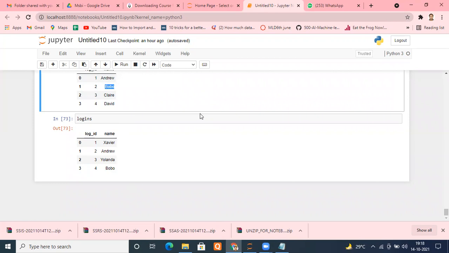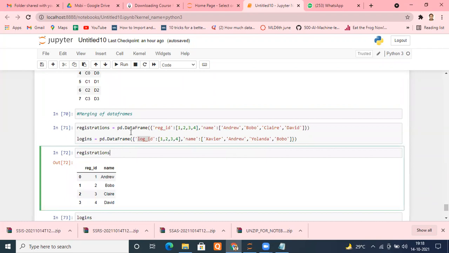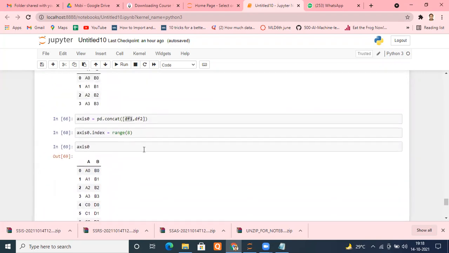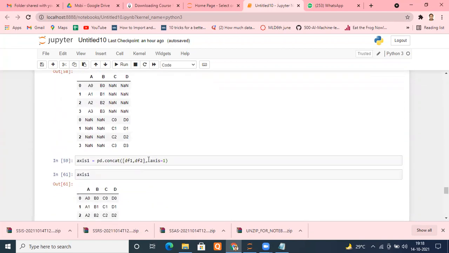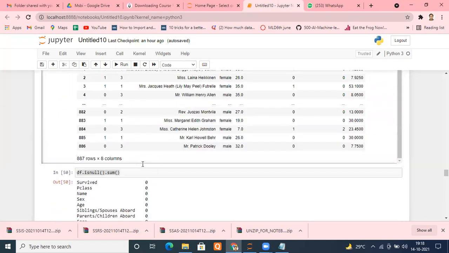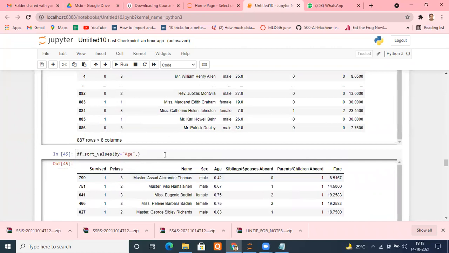Yes, sir. So I think it is enough for today. Please do practice till this point, even before this merging of data frames. It is very important, whatever we have studied, please practice, because tomorrow probably I am going to give you a project. You have to work on the project, and the project will be very simple. If you understand the concept, it is very easy. If you don't understand the concept, it's going to be very tough for you.